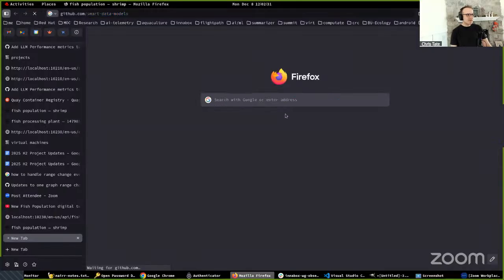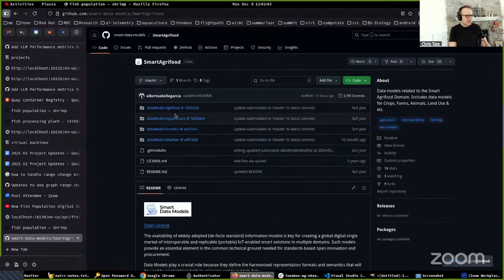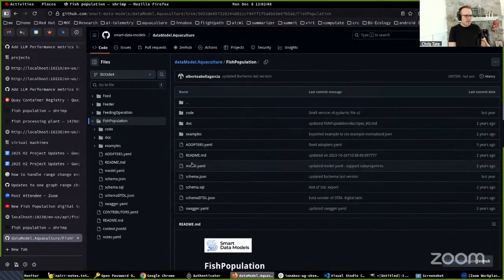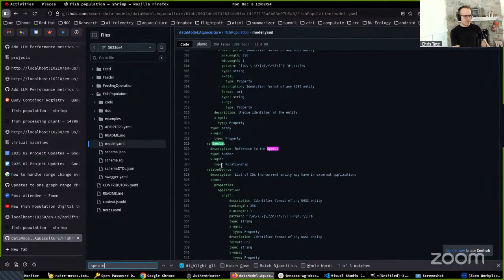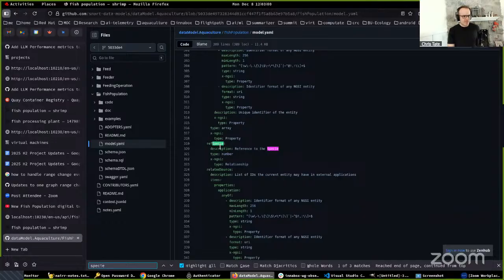and we go to smart agri-food, aquaculture, fish population. This is the source, and there's a model.yaml. So species. Okay, so this is how it's defined. Reference to the species, and it's a type number, and it's got some kind of relationship. Okay. So I don't know what this is referring to,